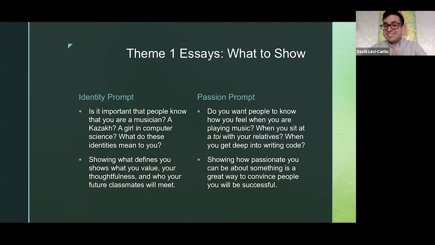Americans love passion. We love being able to see someone who can throw themselves into something. This shows success. This shows someone who will be able to keep on going above and beyond. Someone who doesn't just sit back and enjoy, but who tries to actually go out and learn more. And this is the case, whether it's about your own culture, whether it's about music, whether it's about anything else. So if this sounds familiar to you, then please, go ahead and choose one of these prompts.